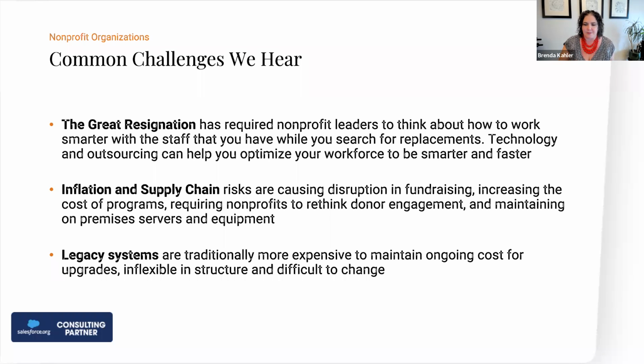And then legacy systems. Again, this kind of plays into that supply chain thing, with chip shortages and server shortages. I had a client whose server died and they just couldn't get a replacement for 8 months. And they're like, we can't go 8 months without all of our systems. We've got to have something in place as soon as possible. And so thinking about what those legacy systems actually cost to maintain, all of that hardware on premises. Is it time to move to the cloud? Have you moved other functions into the cloud? It's a lot less to maintain, because part of your annual subscription fee for most SaaS-based software is going to include that